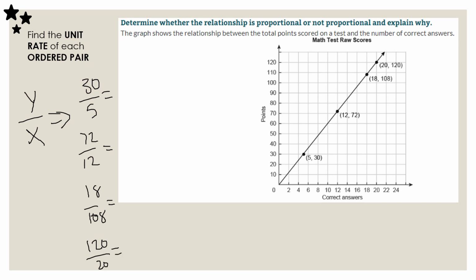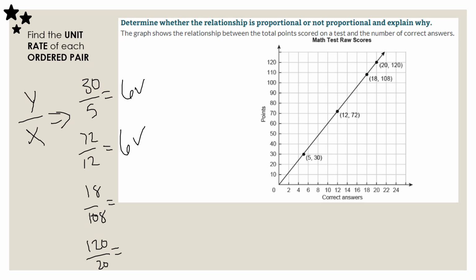And we're going to find it through division. So I am just going to first divide 30 divided by 5. That'll get me the unit rate for this first ratio. It is 6. The rest of these all must be 6 for this to be proportional. 72 divided by 12 gives me 6. So far, so good. Let's try the next one. 18 divided by